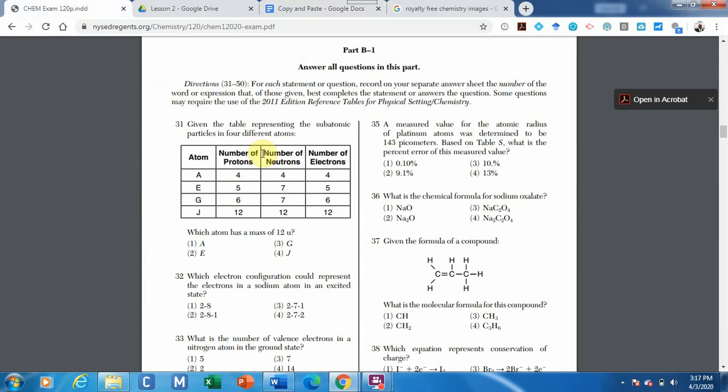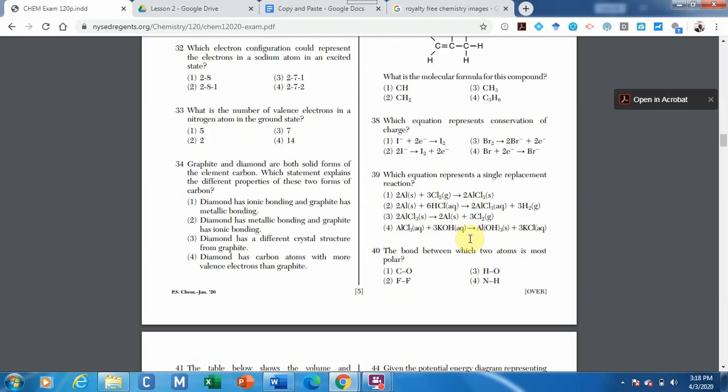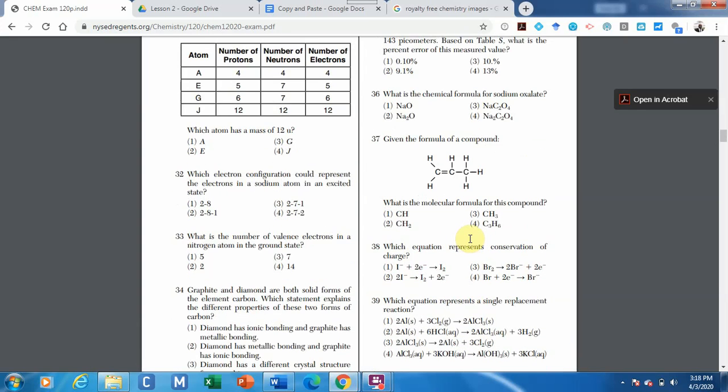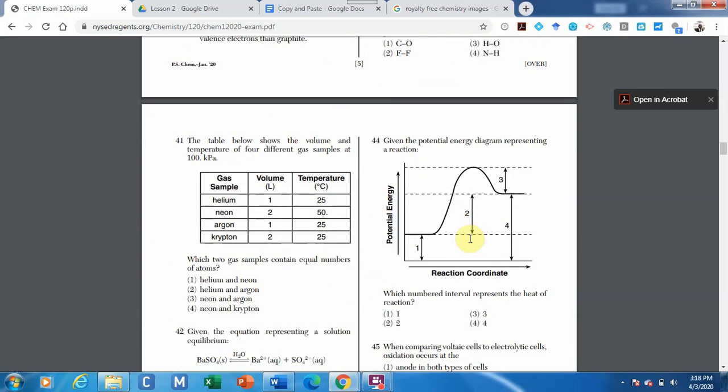And let's just say you went through, and it might be easy for you to copy and paste questions where there are no diagrams. But let's just say you have one of these where there's a table here or there's a compound here that I want to place in my document. Now, whether you want to copy their entire table or the entire question, you could do that. Harder questions are to put in a document like this. So, besides, most teachers don't want to spend a lot of time rewriting the question if you've got an opportunity to copy and paste. So let's just say I picked this question number 44 here that I want to share